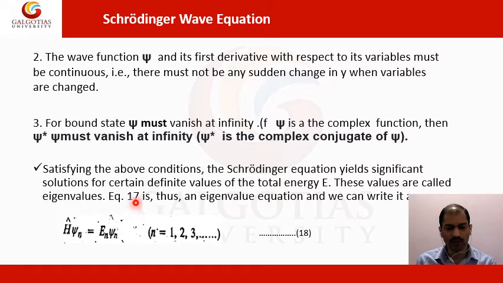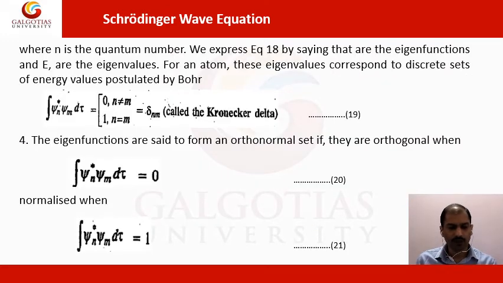So equation 17 earlier is thus an eigenvalue equation, and we can write it in the form of H cap psi n equal to E n psi n. Here n takes integer values 1, 2, 3. Now n is the quantum number, like you had seen in the case of atoms,